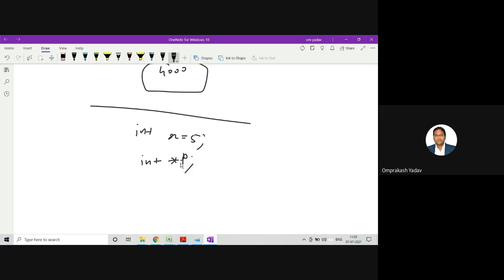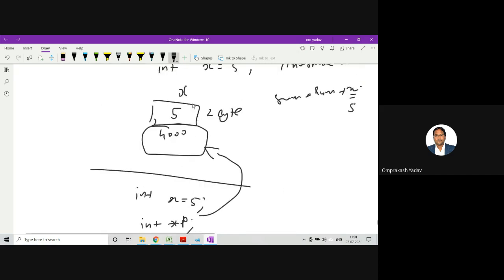Since I've declared it as star p, it's an integer pointer which is going to point to this particular location. We can do it this way: p is equal to ampersand x. When I say ampersand x, that means I am storing the address of x in p. So this p will get the value 4000, because I am storing the address of this x variable.